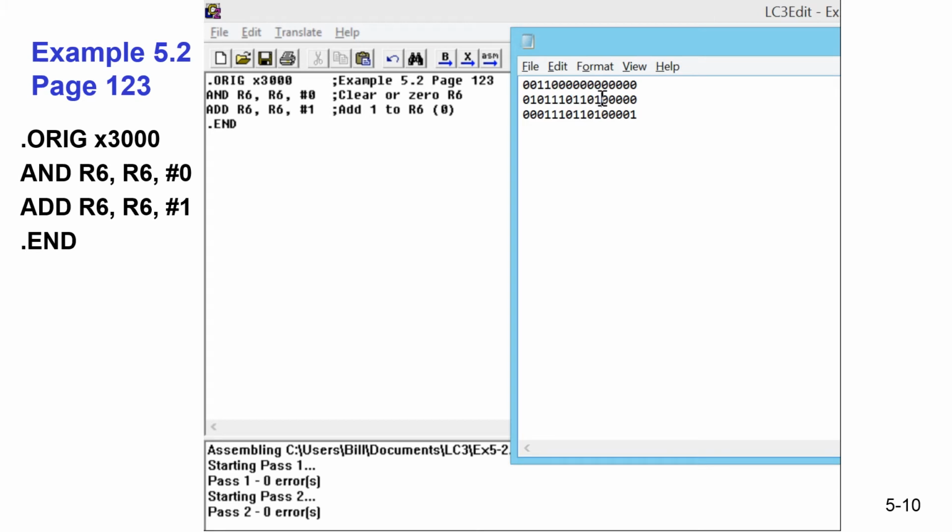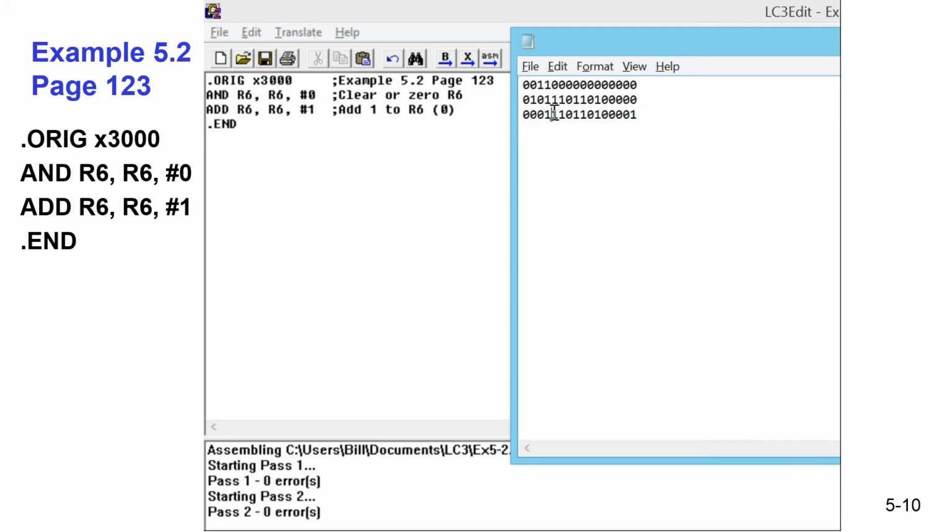We've got 1, which means we're in what? Register mode? No, we're in immediate mode. That's a 0. That gets sign extended. So 0 ANDed with anything is 0. This is the quickest way to clear a register or set it to a known value, 0 being a very convenient known value. And then we're going to add,